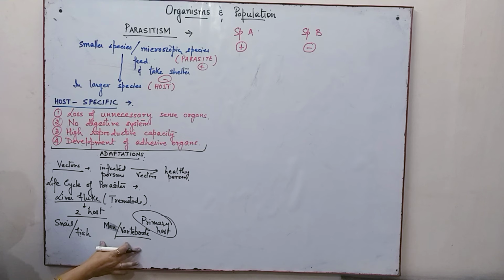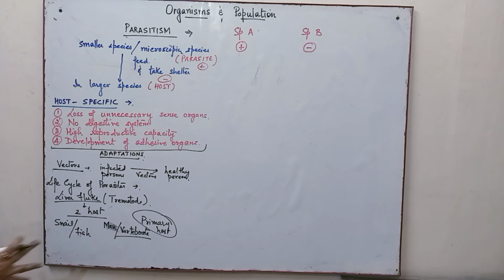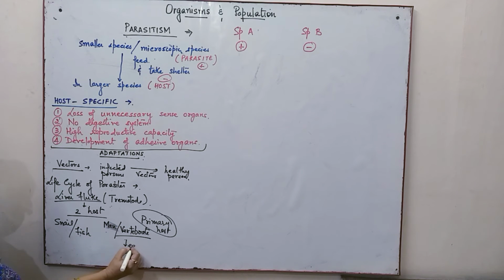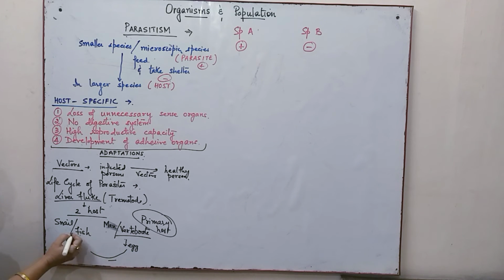It requires a primary host for the reproduction. So the primary host is the place where it reproduces. After reproduction, it releases the eggs through the feces of these organisms. When the feces of these organisms reach a fresh water body, they are actually eggs, or the next level. It reaches in between. There are several stages, and it reaches the snail or the fish, where the further development takes place, and